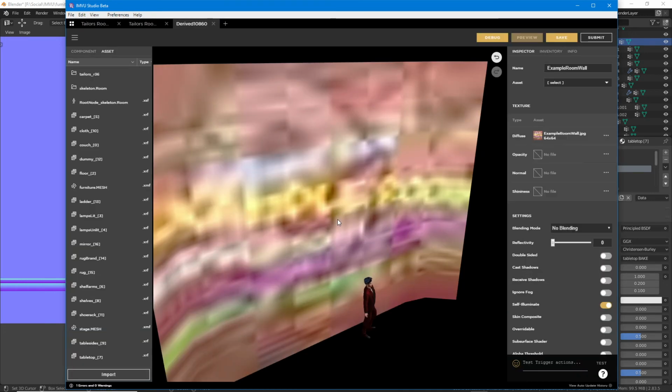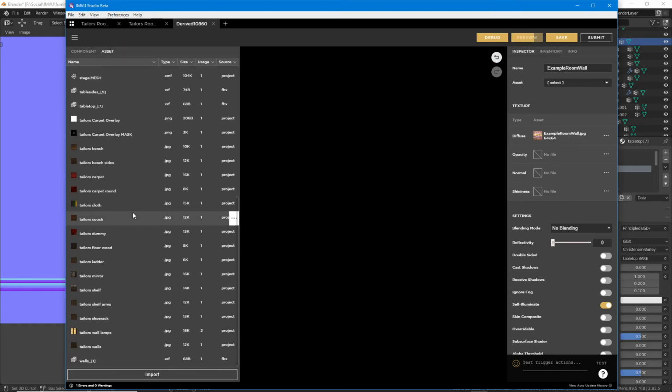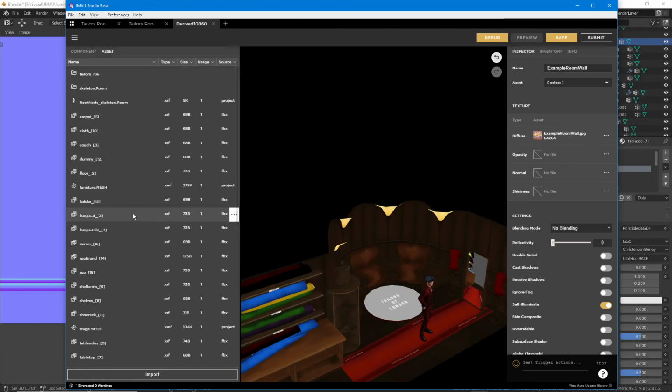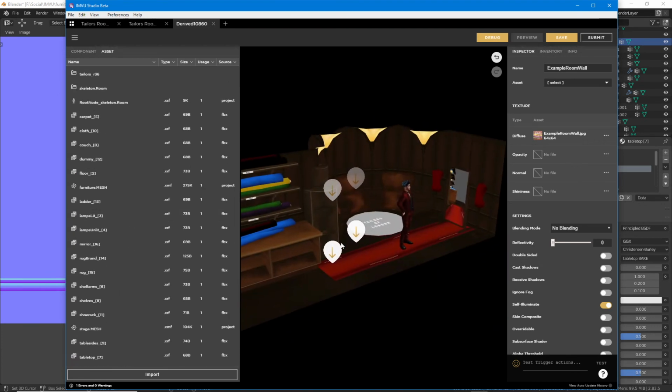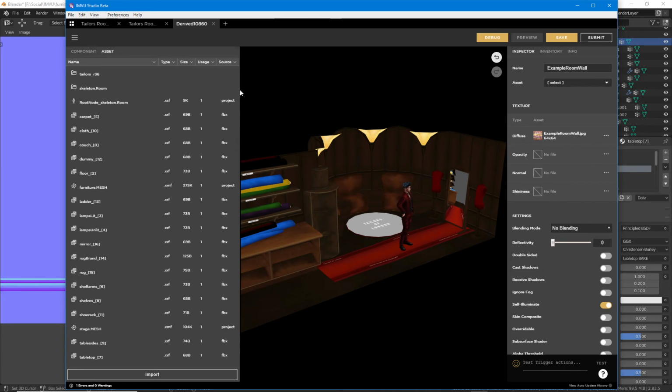Yes, and there's waiting here as well. So it's brought in all our assets, as we can see on the left. So there's the assets tab with all the assets. It's automatically assembled everything,